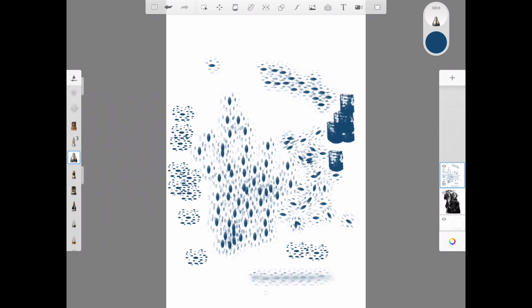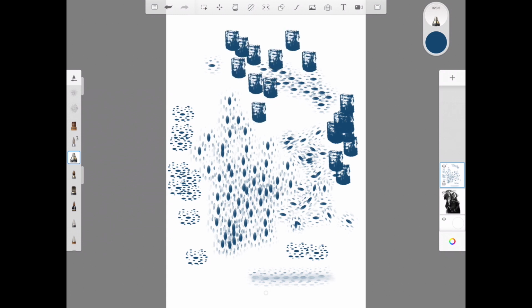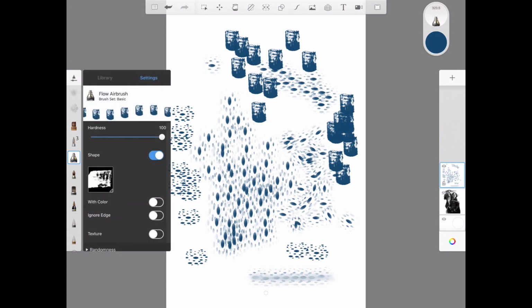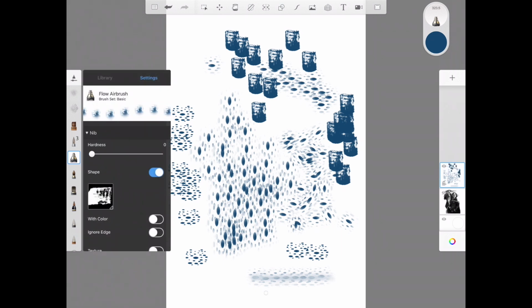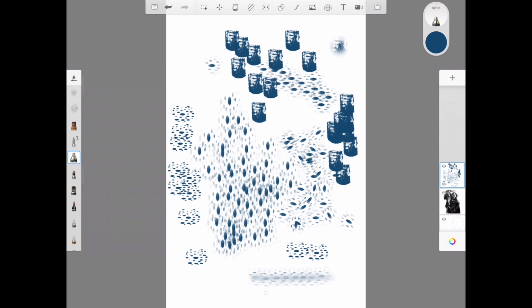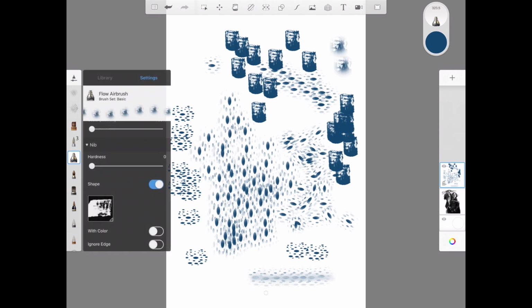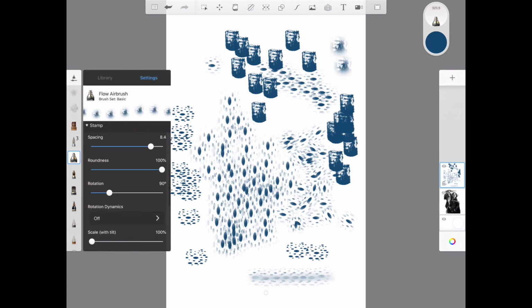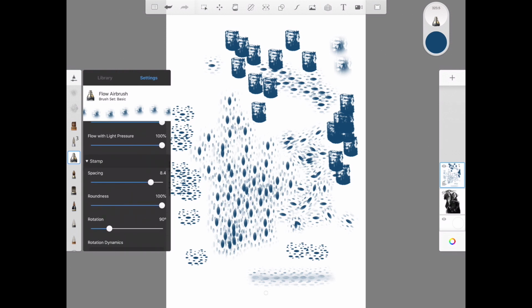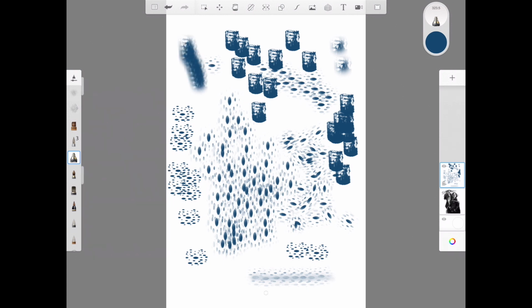See, now we still have the spacing wider apart. But if you bring this back, we'll turn the hardness down. See, you get different looks with all of these different brushes. So it really does give you lots and lots of choices. Let's bring this maybe right in there. See, now this gives you